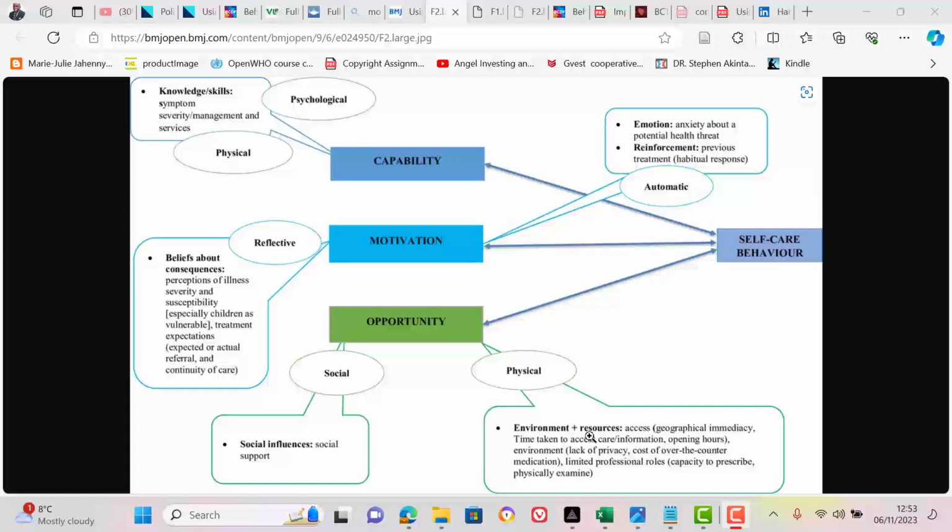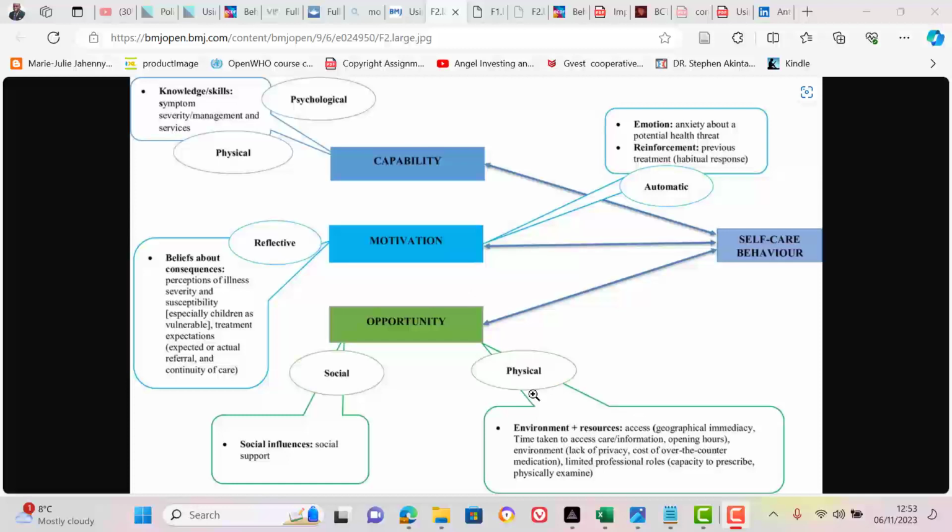environmental structures and resources. So under physical opportunity, you have things like access: access to a service, access to HIV screening, access to TB screening, access to information, access to care. You have things in the environment like lack of privacy, availability of staff. Those are under